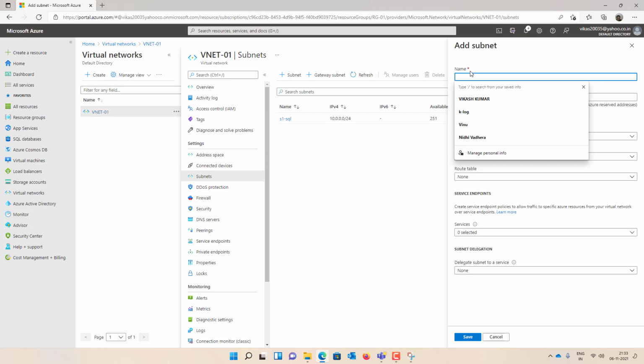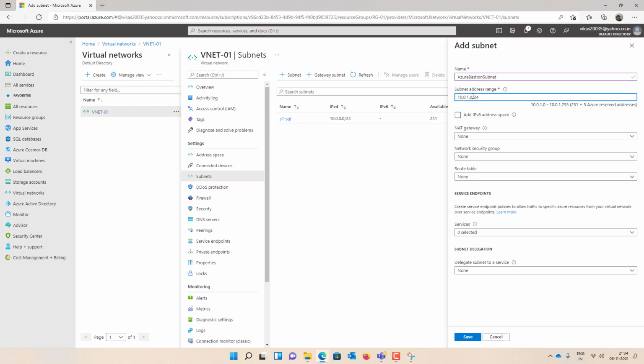This subnet name is a very special subnet name. It's a case sensitive name. A caps, Azure, rest all are small letters. Azure, B for caps Bastion, S for caps Subnet. So it has to be /27 from an architecture perspective.